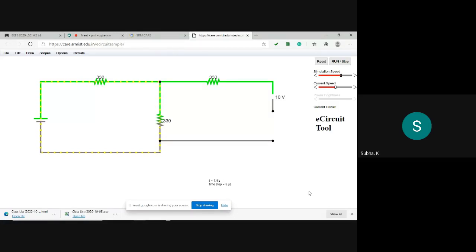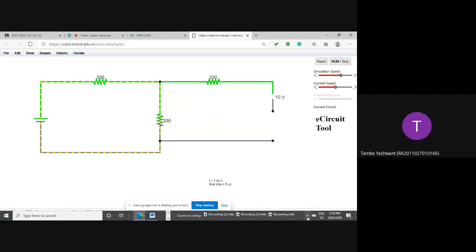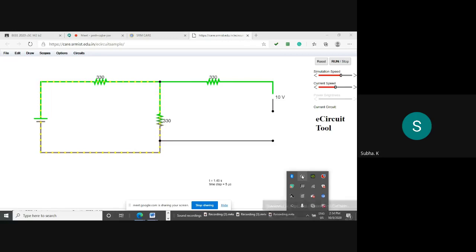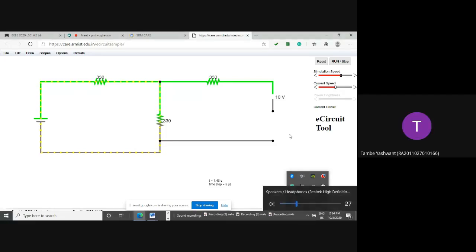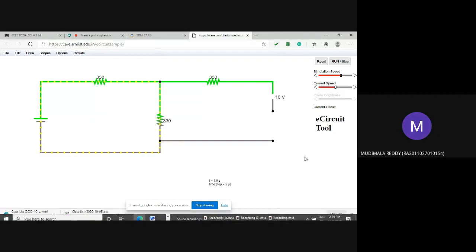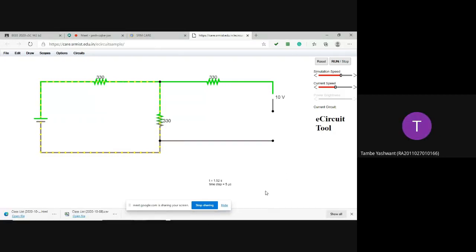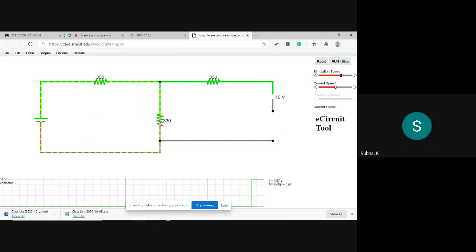I think conventional current. Okay. So, ma'am, what do we have to connect over there? Correct only. Anyway you can do. No problem. You are getting 10 volt now. Yes, ma'am, 10 volt is coming. I selected the option add voltmeter or scope probe. Okay, so 10 volt you have to display.